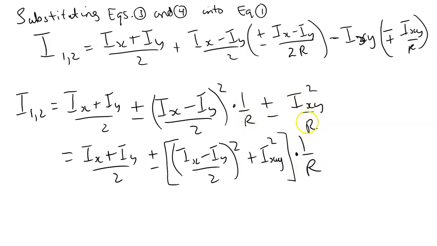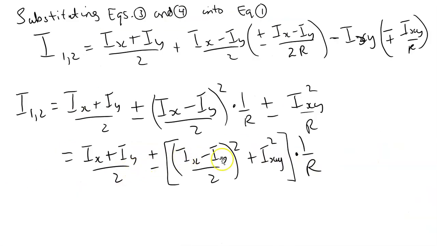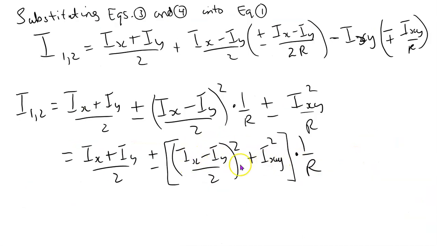When you factorize out 1 and r, this is what you get, right? Now it's interesting because if you look at what r squared is, (Ix minus Iy) on 2 squared plus Ixy squared is actually this value here, r squared. Not r, because r is the root of that, but r squared is just the argument inside the root, and it's exactly what you're seeing here. So actually it's r squared divided by r, so that's why sometimes we just write I1,